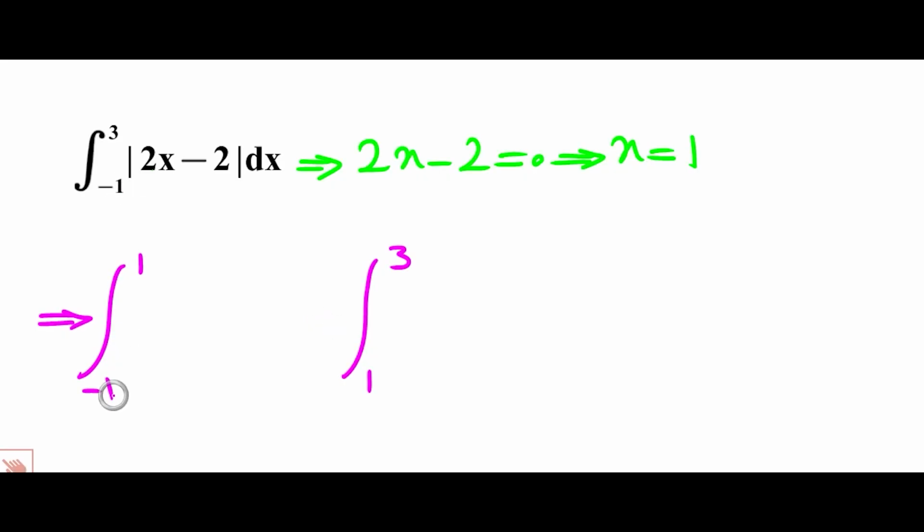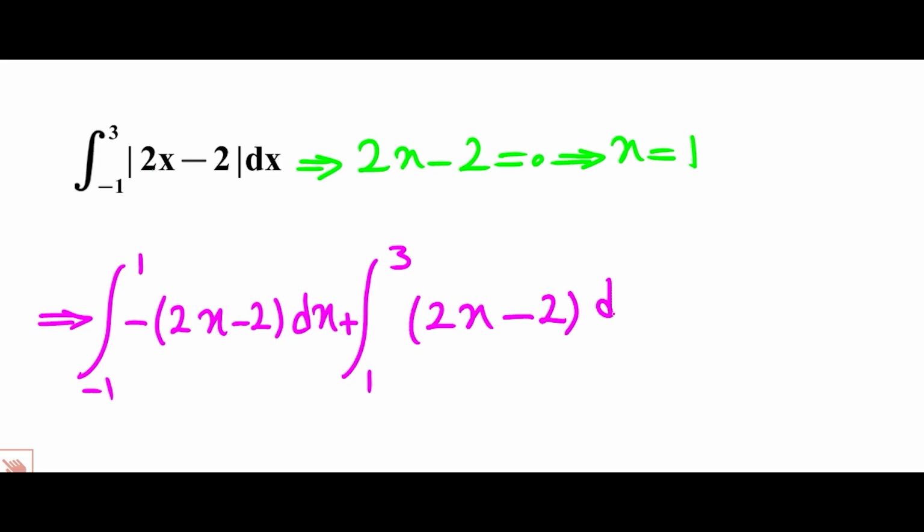If x is between -1 to 1, so the absolute value of 2x minus 2 is negative 2x minus 2 dx, plus if x is between 1 to 3, so the absolute value of 2x minus 2 is positive 2x